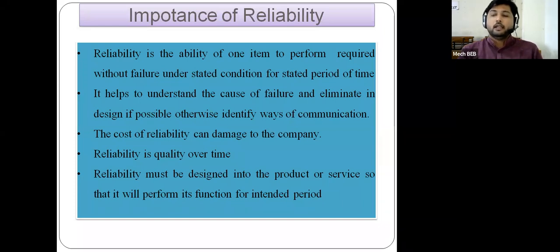Now suppose an incident happens with Innova, where one batch of a product is released in the market with some problem related to the clutch and gear configuration in that particular model. The company released that batch in the market, and a large number of accidents happened from that particular batch.